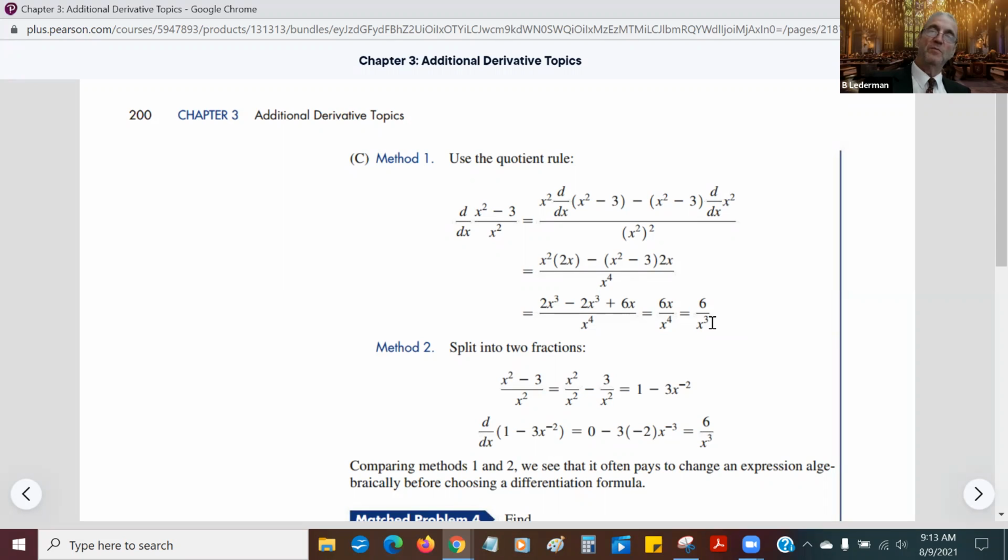and it all works out beautifully. Now notice, had we split it into two fractions, x squared over x squared minus 3 over x squared, I could rewrite 3 over x squared as 3x to the negative 2. Why do I want to rewrite it? Because in calculus we learned the power rule, so I like putting things in terms of powers, in terms of exponents. Anyway, the derivative of 1 just goes on vacation, and the derivative of negative 3x to the negative 2 becomes negative 3 times negative 2 times x to the negative 3, which is positive 6 over x to the third,